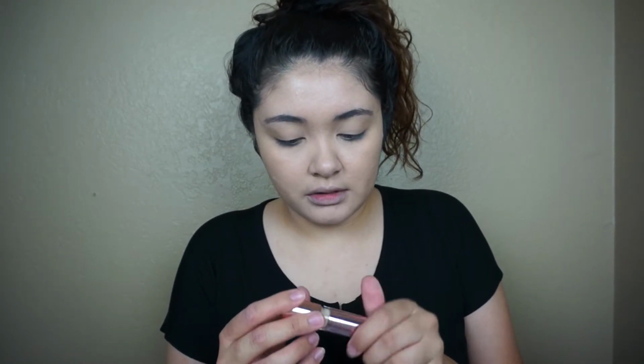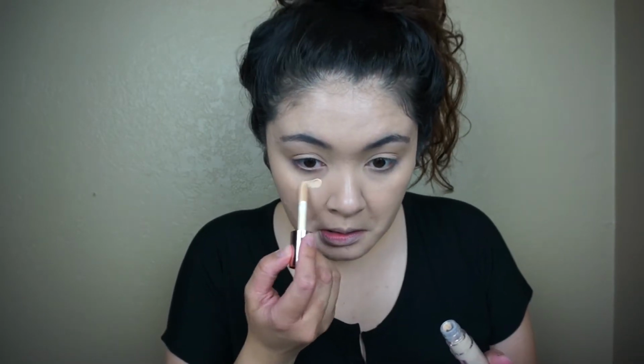Wow, Jess. But yeah, so I wanted to try it out. I was super interested in it. A lot of people have been raving about it. So I'm so excited to try it out. So let's see. I got the shade C6. I thought there was like an actual name, but guess not. Okay, so I'm gonna...